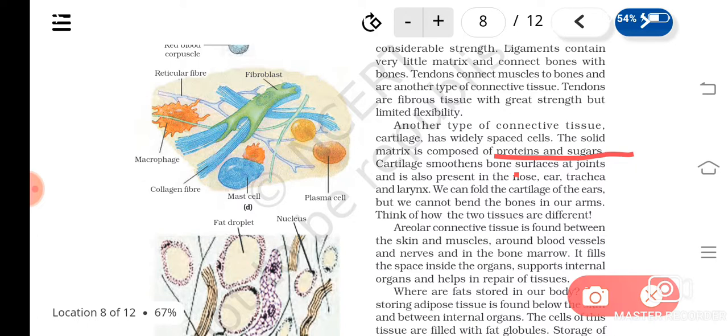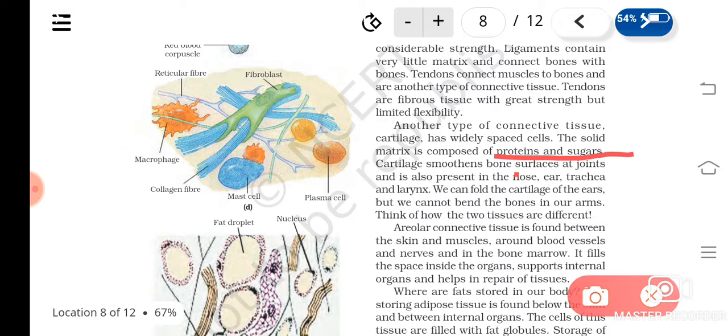You would have heard in some advertisement that bone density becomes less, because calcium and phosphorus are needed for the bone matrix to be maintained. So only it is advised to have calcium, phosphate, etc. in the diet. So minerals are important, isn't it? In cartilage, the matrix is made up of proteins and sugars.